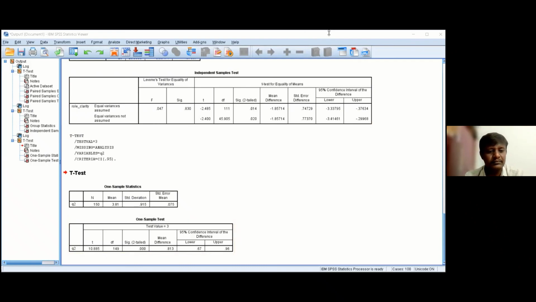Sir, good evening, I have a query. If there are 2 different groups, for example, I'm giving 2 different interventions to 2 different groups, and I want to compare which intervention is effective in the groups, in that case shall we use independent t-test, sir? No, you have to go with paired t-test. Even if the groups are different, we should do paired t-test? Yes, you are talking about...